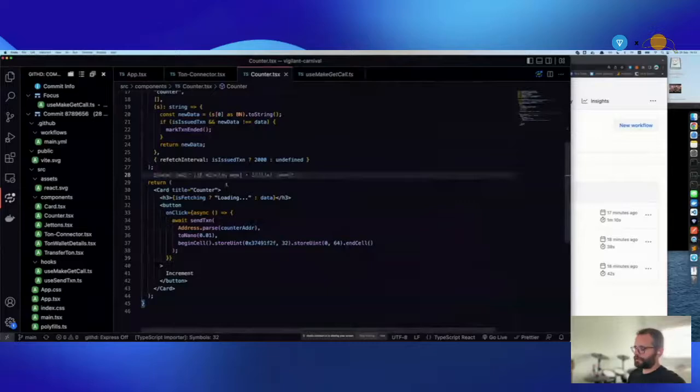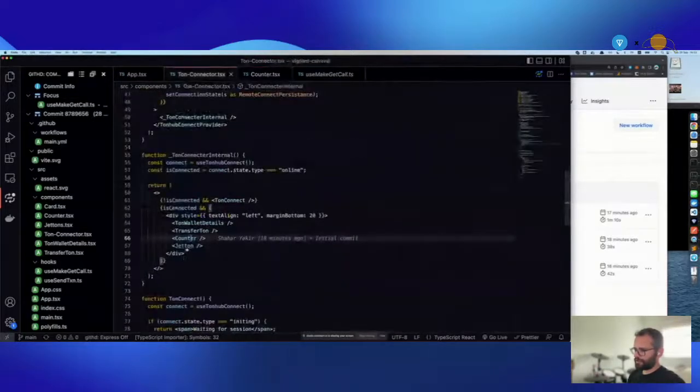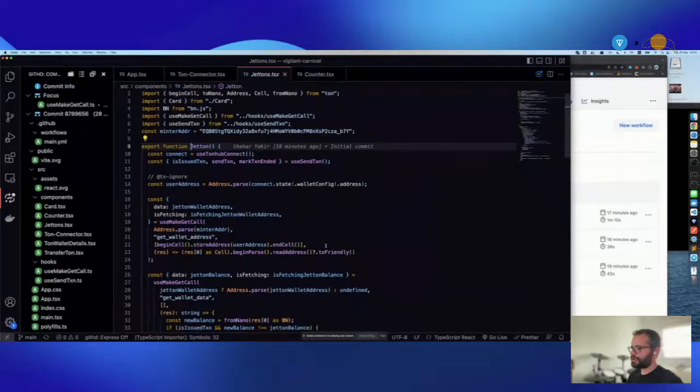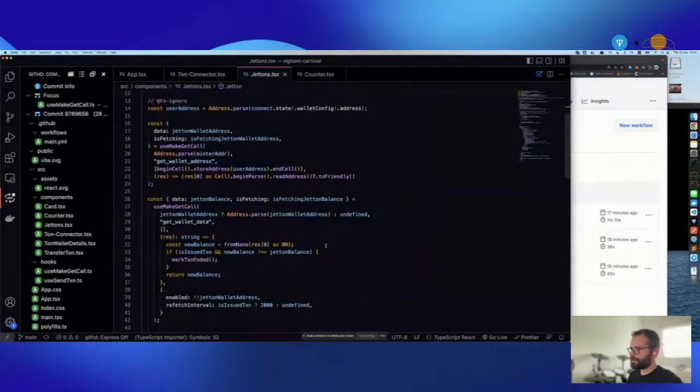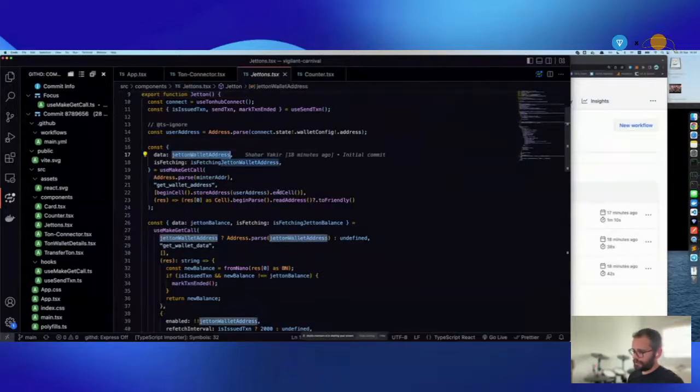Okay, so the next part, which is the most complex at the moment, is the JETTON. And the reason is that this is a real use case. I mean, JETTON is a fairly complex standard, and we're using a few of its operations here. We're using the same hooks to do a few things. One is to get our JETTON wallet address. I won't go into the architecture of JETTONs very deeply here, but